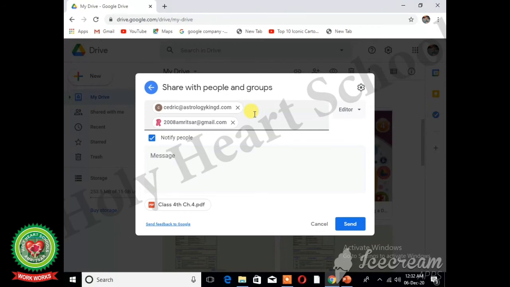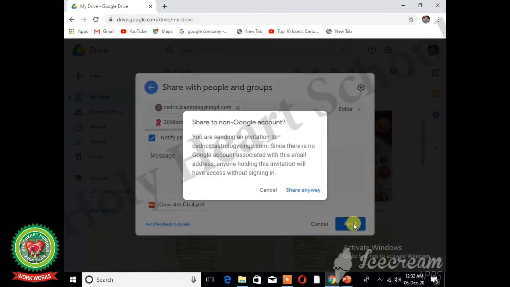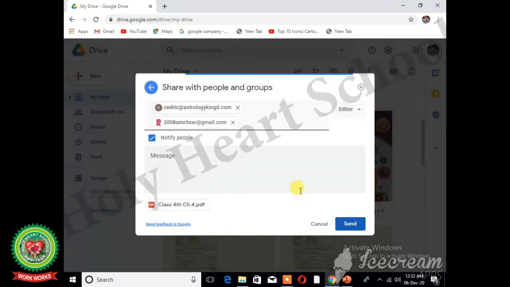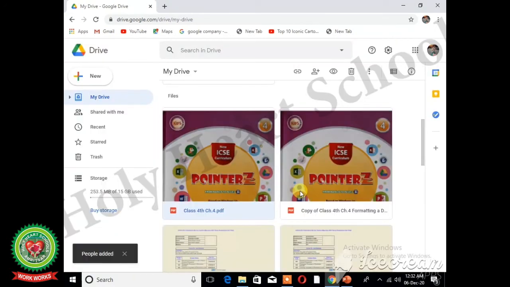After entering the email addresses of the people, you can select any authorization option according to your choice. And last step is click on send button. So it will share your file with the selected email addresses of the people.